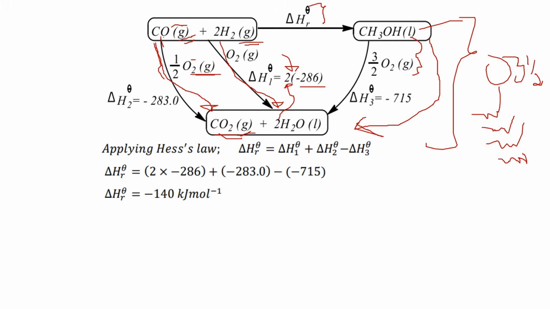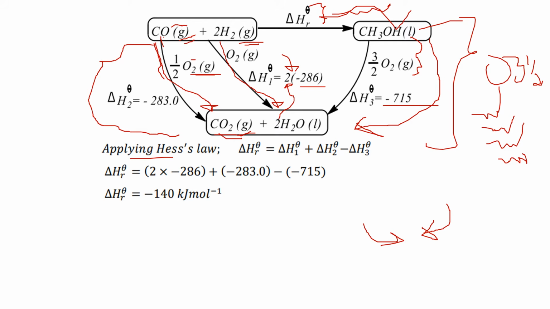So it remains the way it was dictated in the question, which was negative 715. So applying Hess's law says that the enthalpy for this overall reaction is equal to all these energy changes that are involved in this way. The energy changes that are going anti-clockwise, we add them, and the energy changes that are going clockwise, we subtract them. So that's why the standard enthalpy of reaction or formation of methanol is equal to the standard enthalpy of combustion